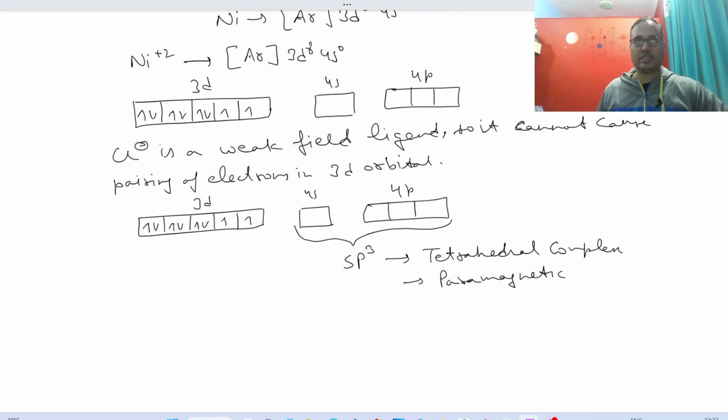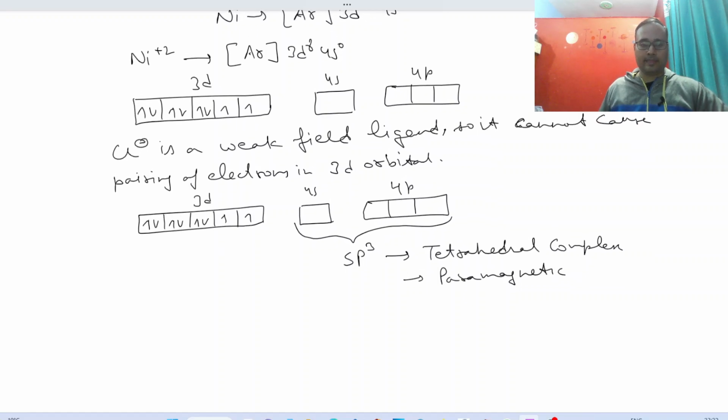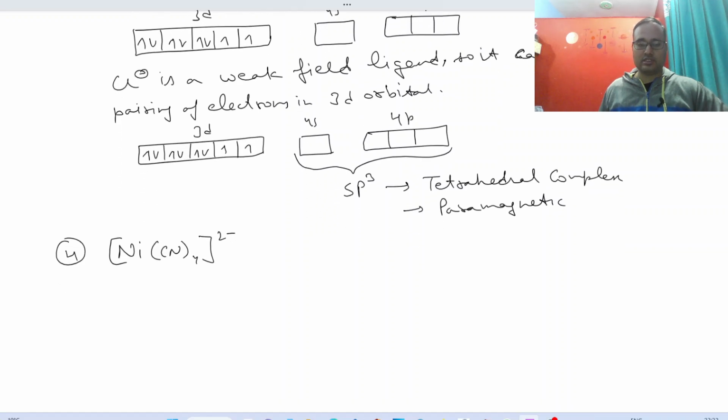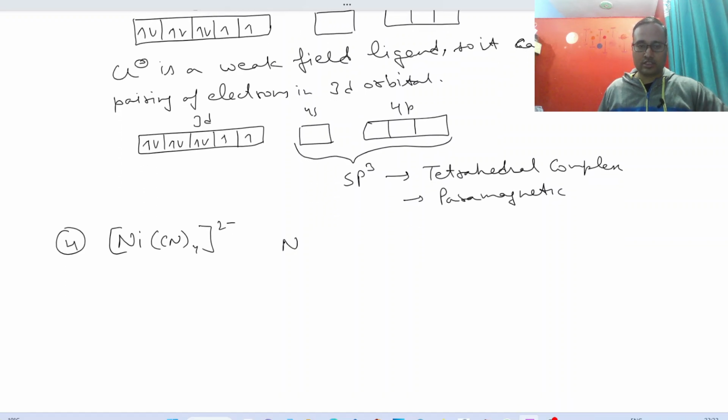Our tetrahedral complexes are not considered as the inner or the outer orbital complex because they are not involving the d orbital in hybridization. Next comes the fourth compound, that is NiCN whole 4 2 negative. This time the oxidation state of nickel is again +2, and we can write down its